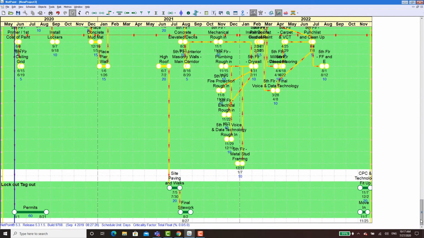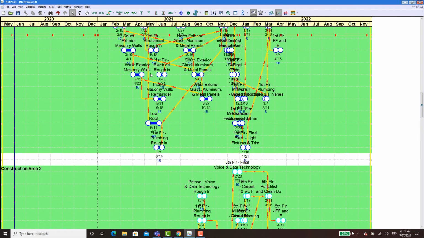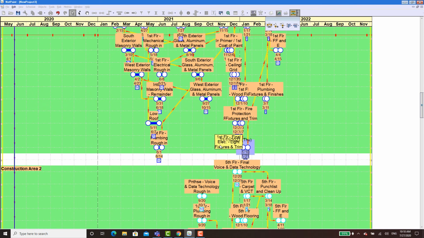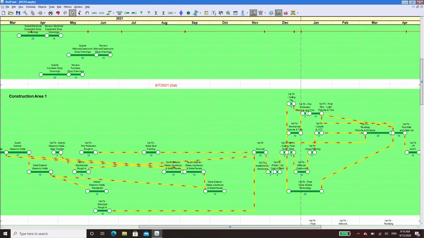So all that stuff worked out, and then lockout tagout is still the original default color, which is that darker green. Now, within this, you can see we still have some clashing, so we didn't do a perfect job of fixing this up. And so for those final edits, you can click the global edit function, and then within global edit, you can move these individual descriptions around a little bit to make it look better. So that's a quick introduction into how you can use NetPoint to import an XER file and then sort it and customize the